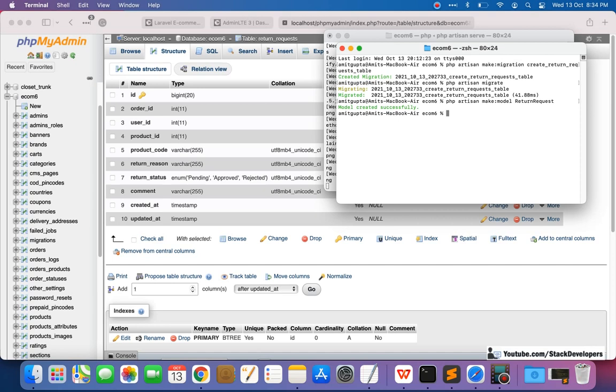Now we will create the seeder command for adding one dummy value. For that we are going to run php artisan make:seeder ReturnRequestTableSeeder.